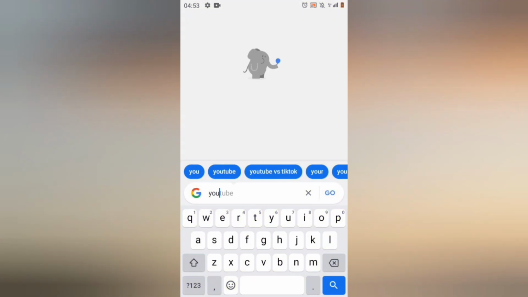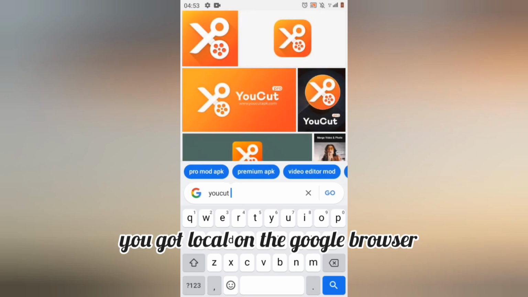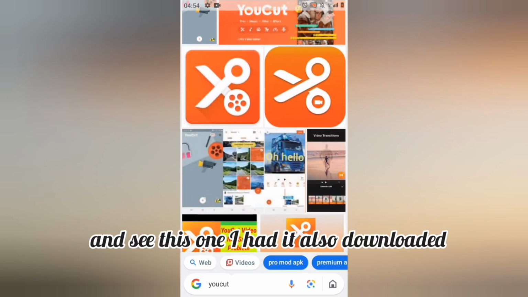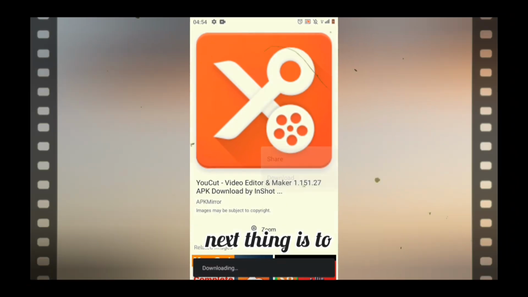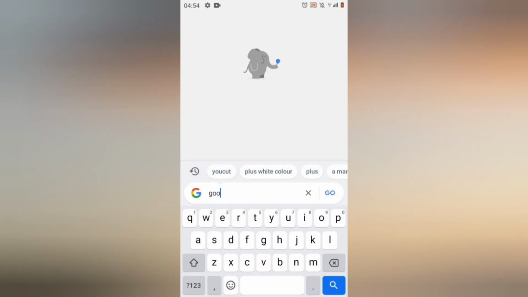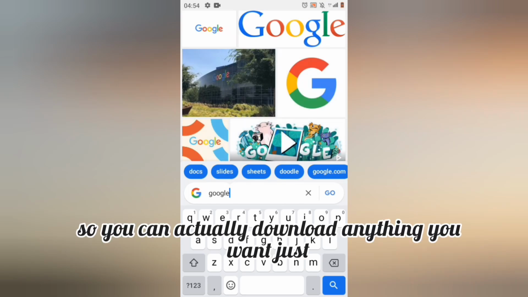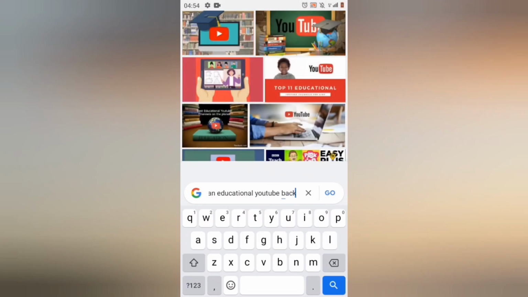downloaded. So the next thing I did was to search for the YouCut logo on the Google browser, and I saw this one. I had it also downloaded. Next thing is to download the Google logo. So you can actually download anything you want. Just let's watch. I downloaded the Google logo,